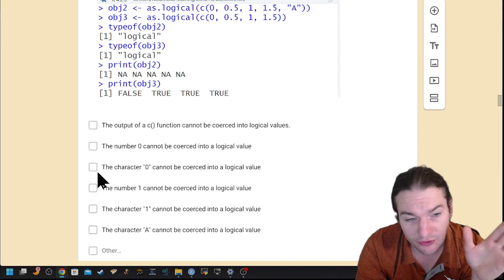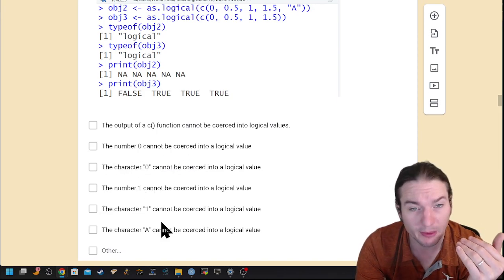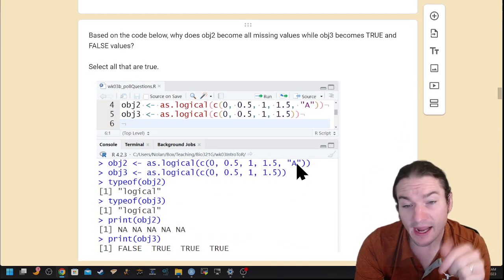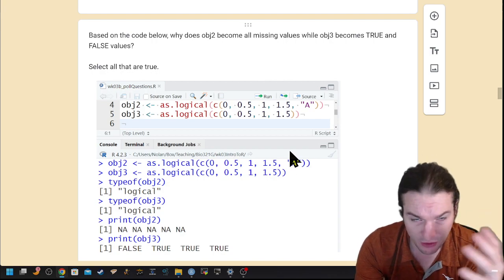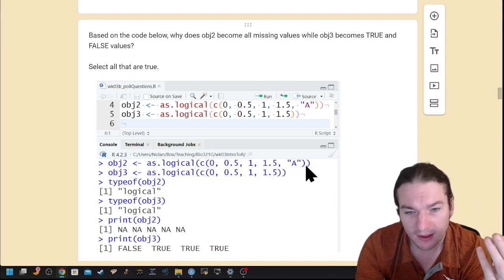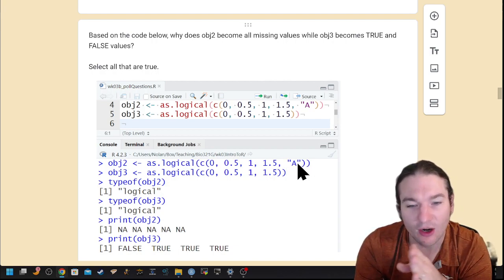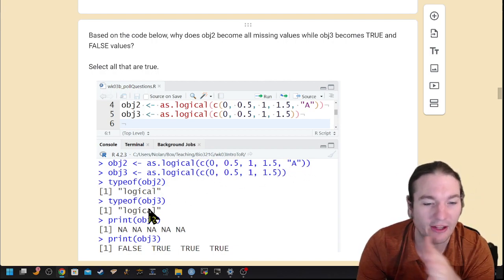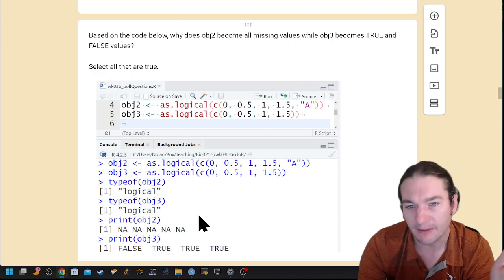So your answer is just all of these that refer to the characters, because it's not just the A. The A is the ultimate cause. It's the original, I should say, cause. But because that A is there, all of these end up becoming characters, and that's why they all end up becoming an A.